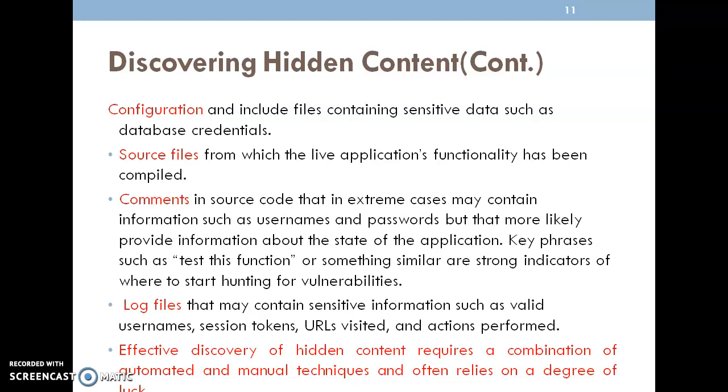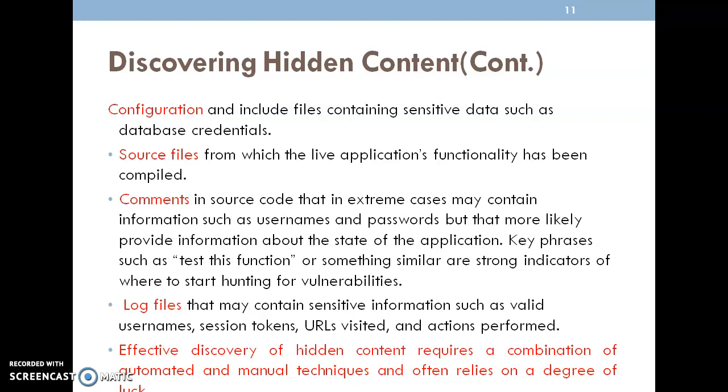Then comments. In programming, most of the time, automated tools will not recognize comments, because comments are not a required part of a program. They are only for documentation. In some cases, the comments themselves contain sensitive data, and in such a case it is not able to identify that required data. And similarly, the log files. Log files are history files, which may store tokens, URLs, and other sensitive information. In that case also, the system will not be able to identify these data.